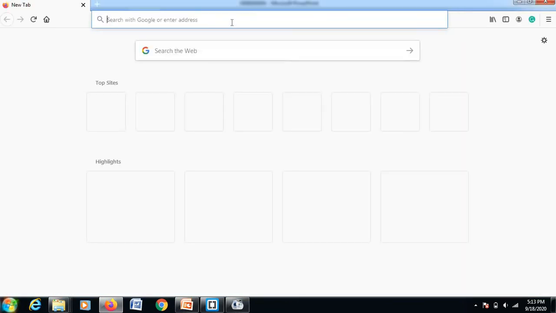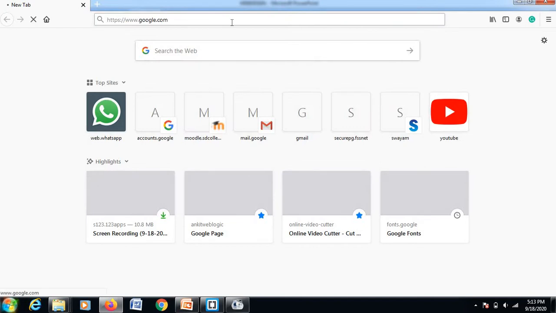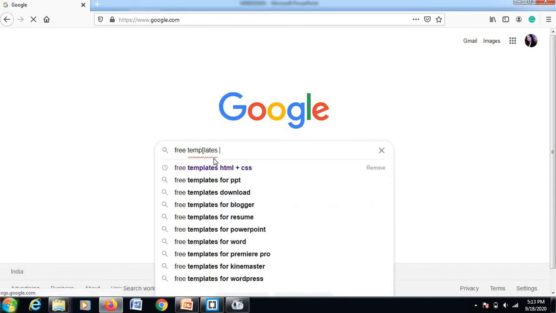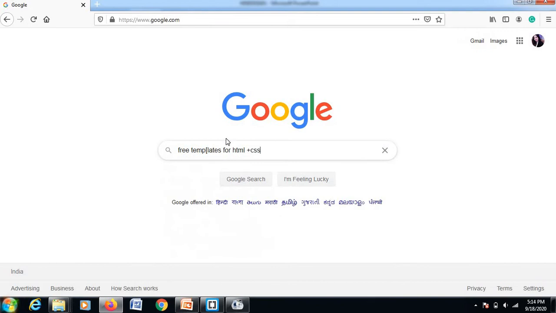Okay. So first of all, just write google.com and search for free templates using HTML and CSS. Free templates for HTML and CSS, because now we have learned HTML and CSS.